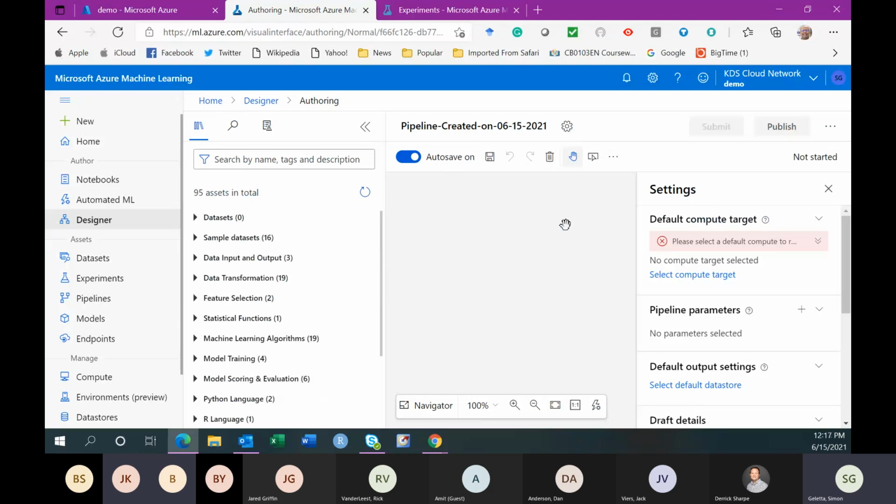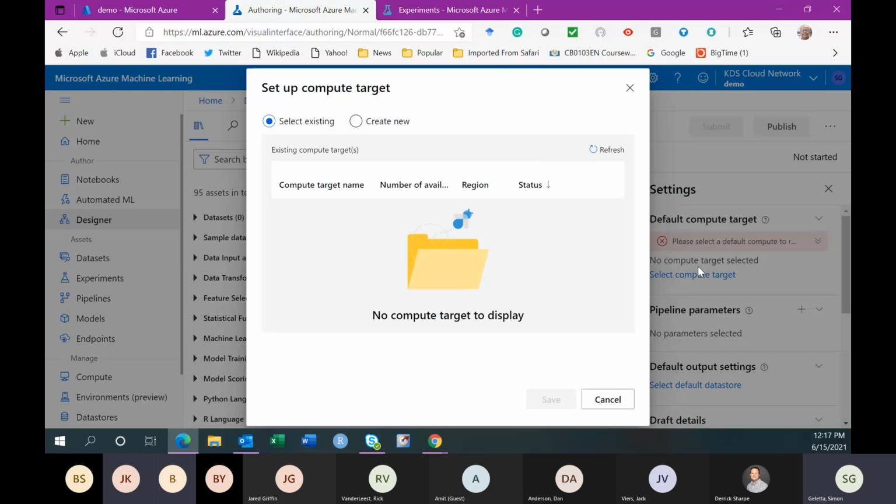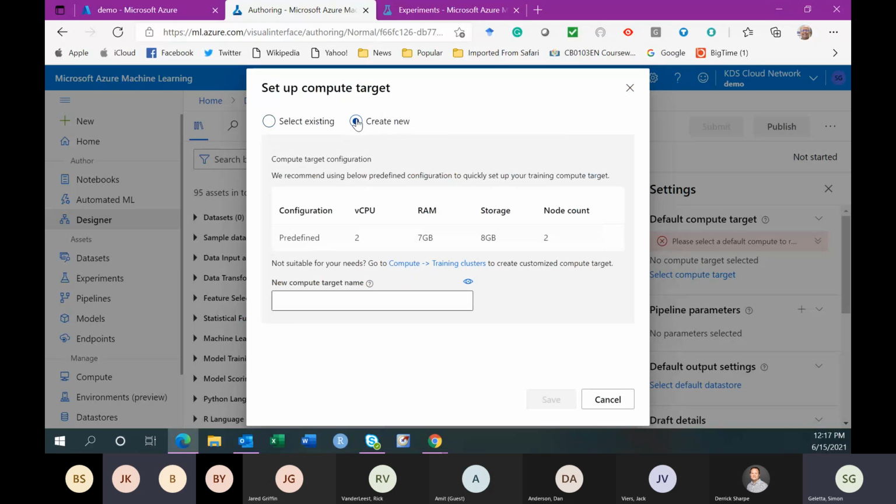But before we proceed, for our demo, we need to create a compute target on which we work. I'll go to select a compute target here. Since I don't have a compute target, I can create a new one very easily. I'll just take the one that's recommended for me here.